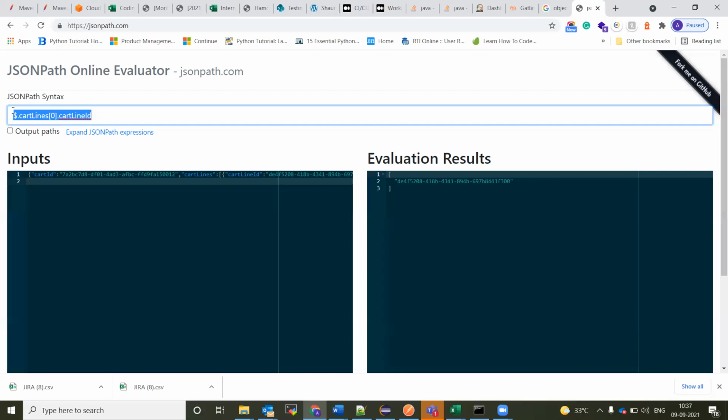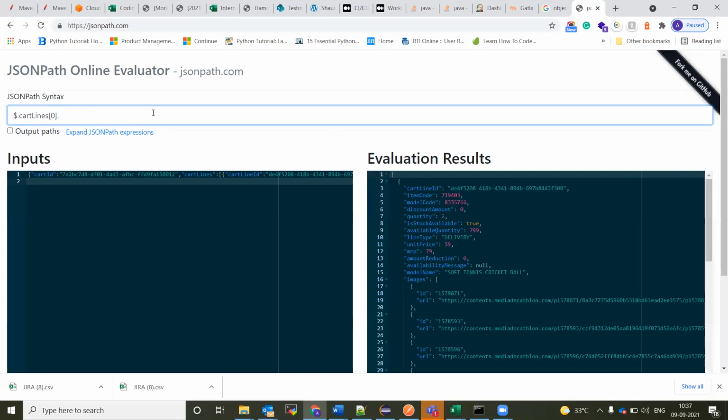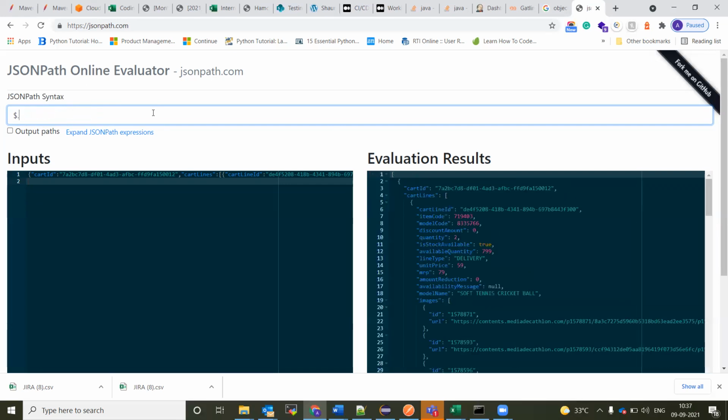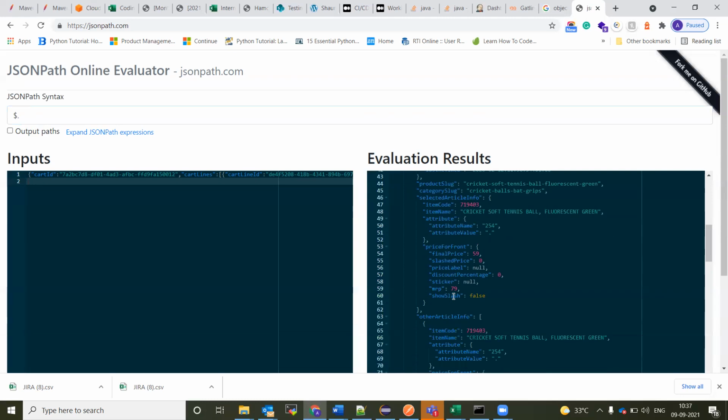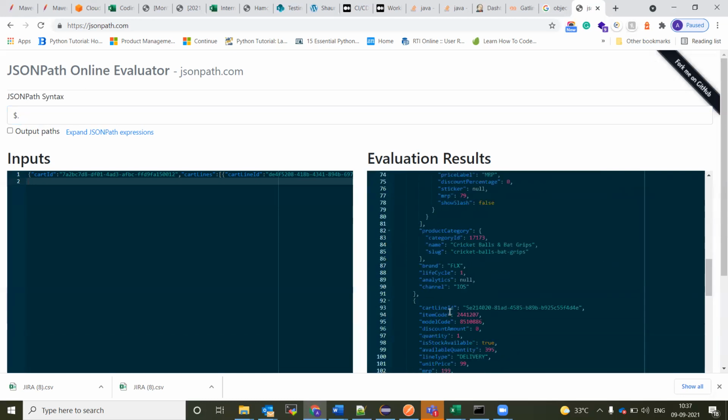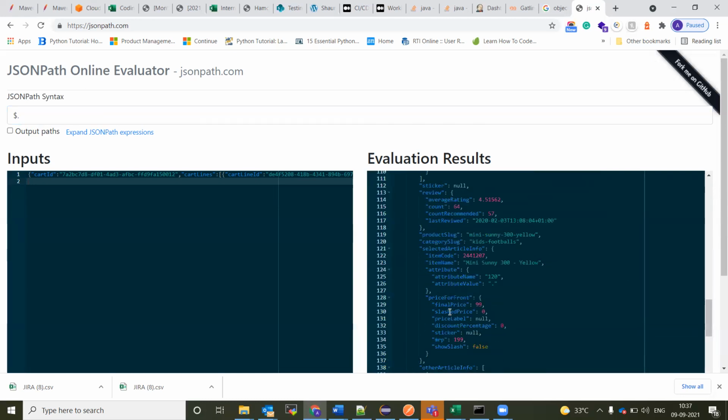So this is, I mean, an entirely different topic from load testing or performance testing. It's about parsing your JSON which you are getting. But I'm saying here because this is required for your load testing execution. Okay. So this is how we have to take for the cart line ID or nested values from JSON path. So similarly, if you want to take this ID, then you have to come to images and take the ID. Okay. Yeah, similar to XPath. Yeah, kind of.